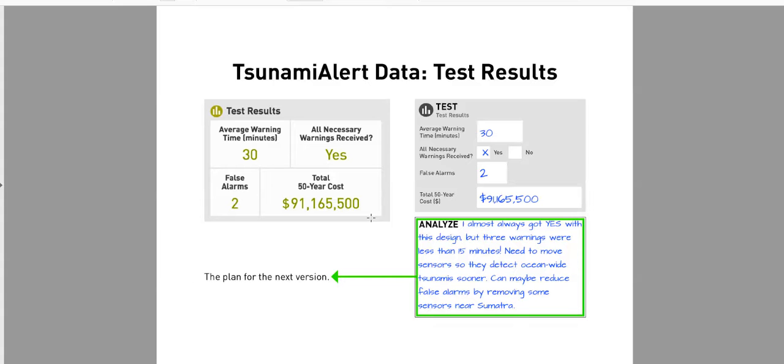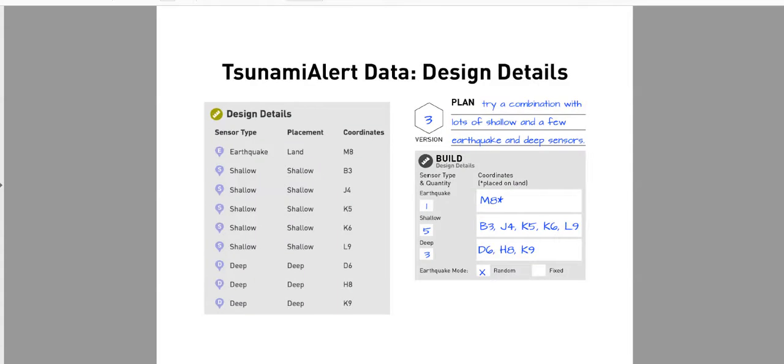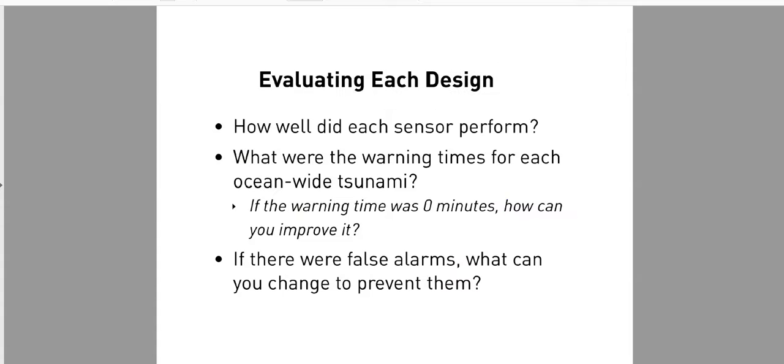You might want to submit an earlier design to Hannah Wong by the end of the day. So this one just says how their analysis was. You're going to use this analysis in order to make your goal for the next one. So you use this and you go back to your plan and you could try a different plan for version 4. Once you have all of your different tests, or you have a few of them, start asking these questions